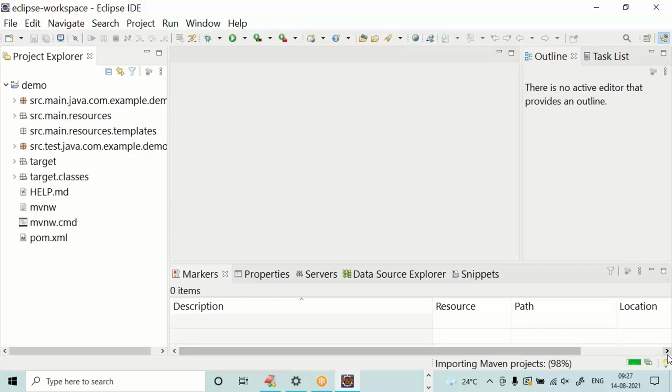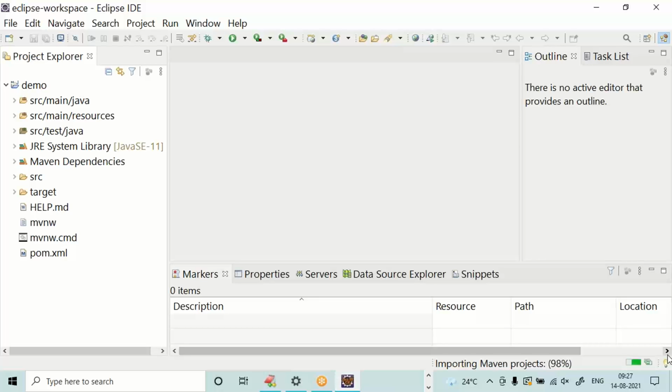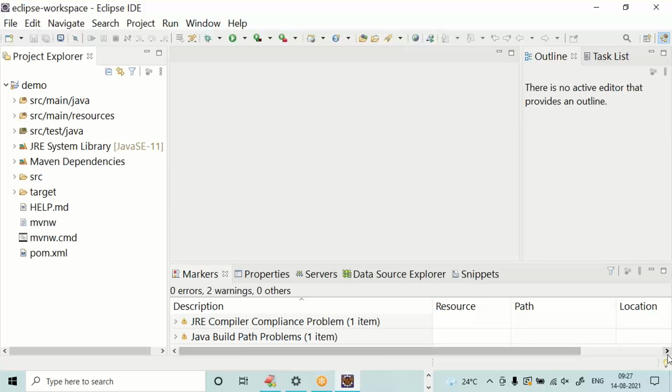As soon as it downloads new files and new folders, they appear in the left side demo. Now it is completely done. In your systems, it may take some more time. Now, everybody, this is a Spring Boot based project.